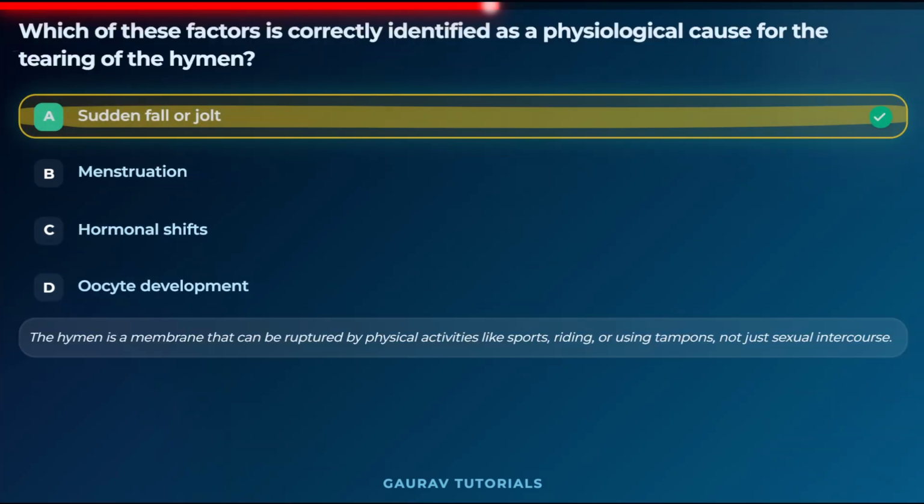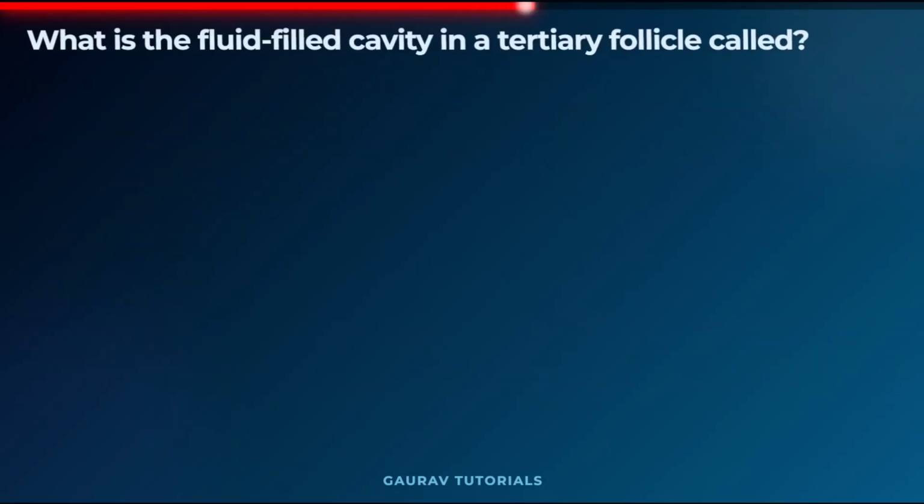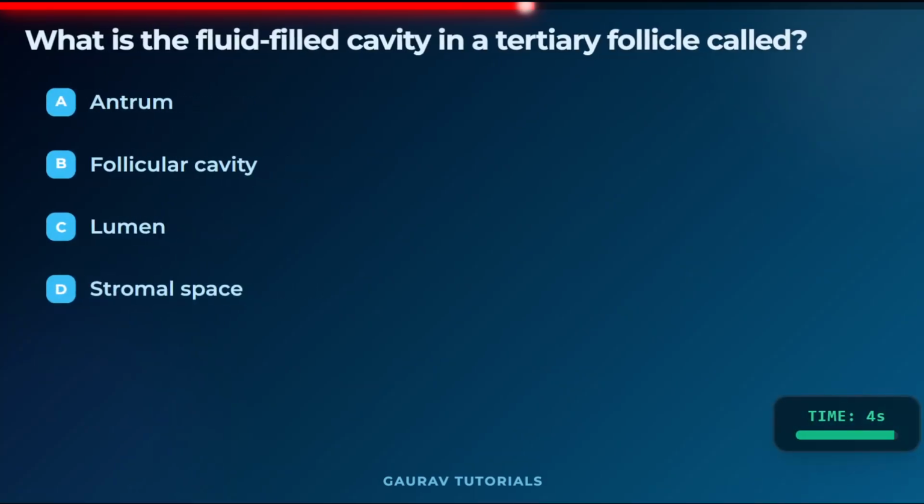The correct answer is option A, sudden fall or jolt. The hymen is a membrane that can be ruptured by physical activities like sports, riding, or using a tampon, not just sexual intercourse. The next question is: what is the fluid filled cavity in a tertiary follicle called? The options are: